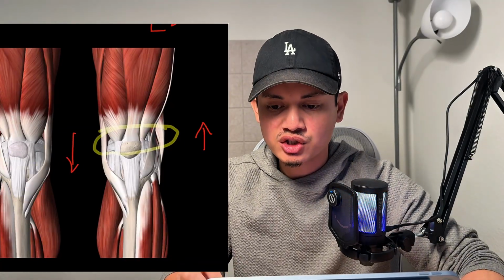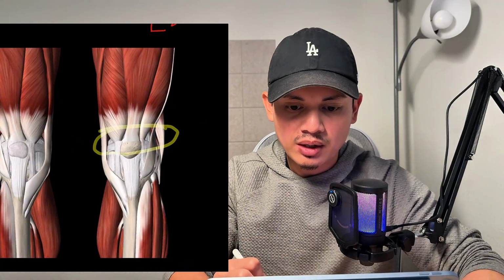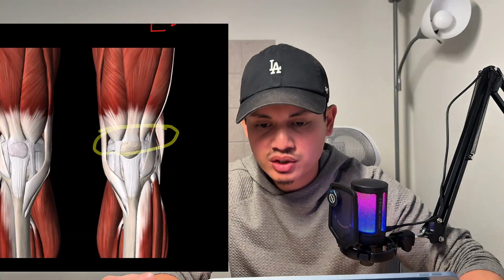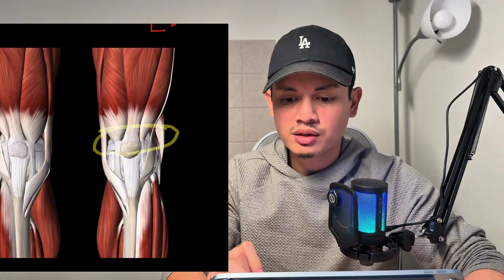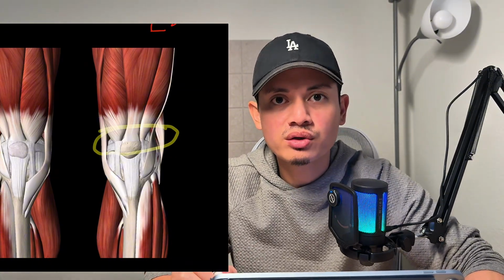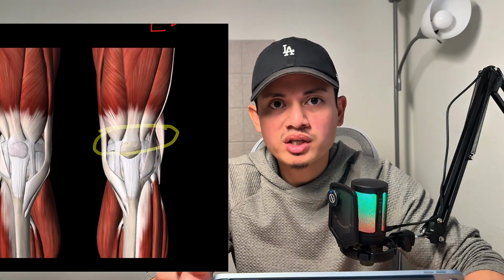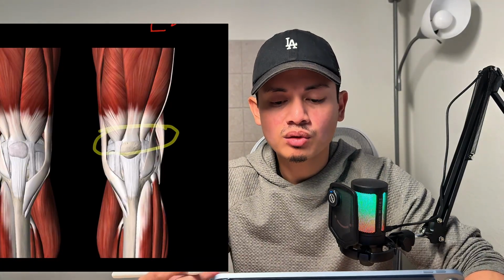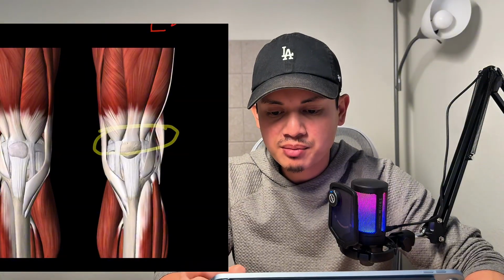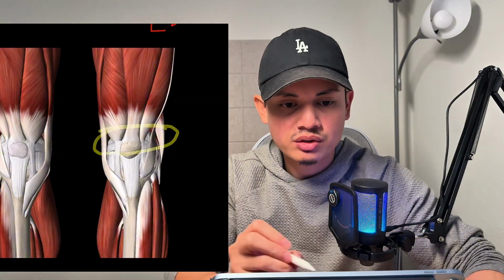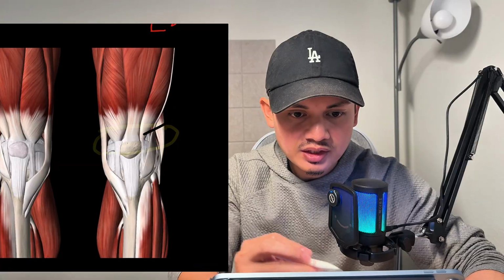of bending and straightening. Now what happens is, because these structures such as the quads, such as the IT band and other structures that attach to or near the kneecap, if for some reason they become very tight or restricted and they're lacking some of that typical range of motion or movement, now what that'll cause is tension on that kneecap. So for example, one of the main structures that we typically see is, let's go ahead and remove this